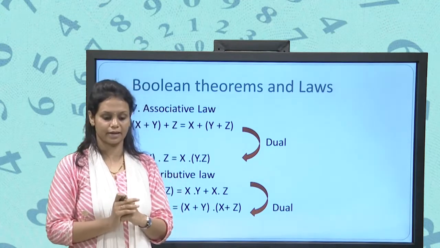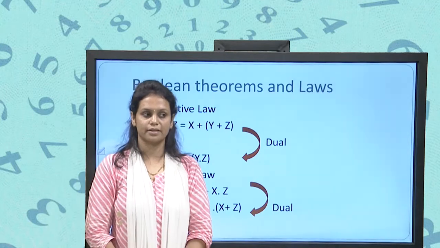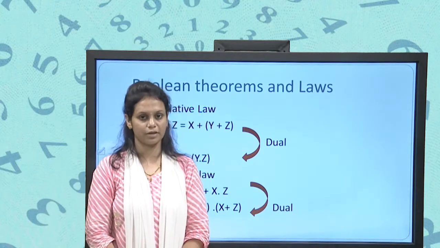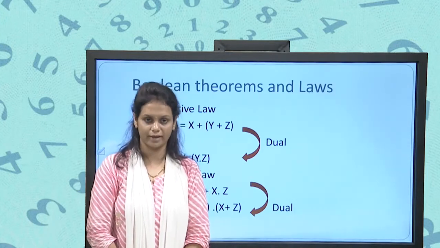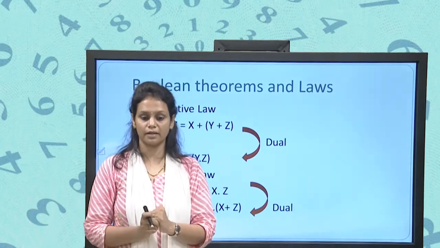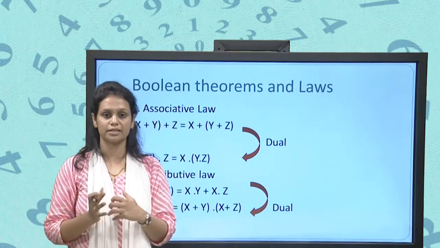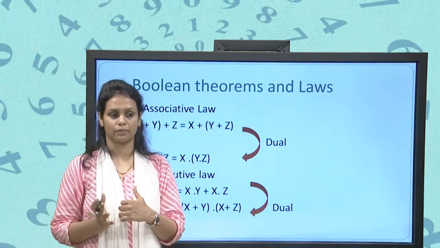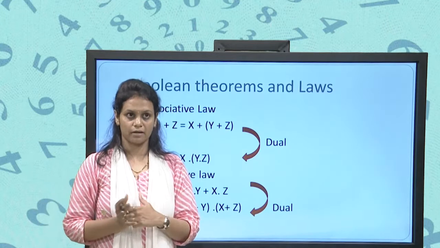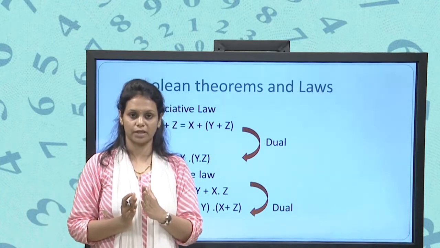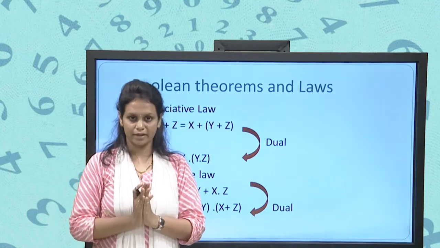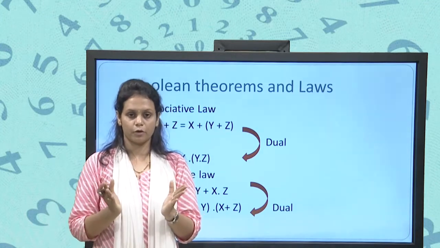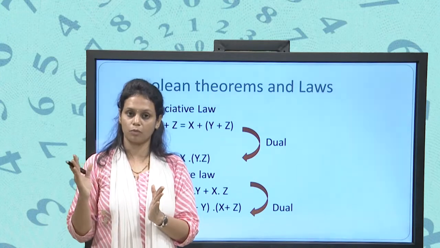I am repeating again, 0 is considered the smallest element in Boolean algebra, and 1 is considered the highest element in Boolean algebra. This is where Boolean algebra and normal algebra are different. In normal algebra, 1 plus 1 gives the output 2. But in Boolean algebra, 1 plus 1 gives the output 1, because